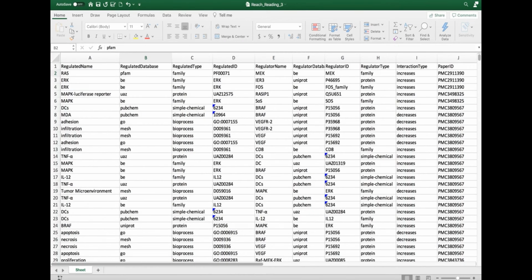These different types of cell signaling events are represented in this sample input for Flute. In this file, we have a set of machine reading interactions, where every entity has a standard identifier, so it can be more easily mapped with the database resources that Flute contains. You'll notice that there are biological processes, proteins, chemicals, and more.